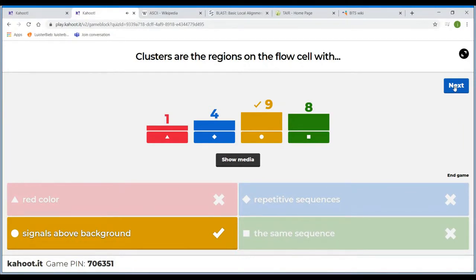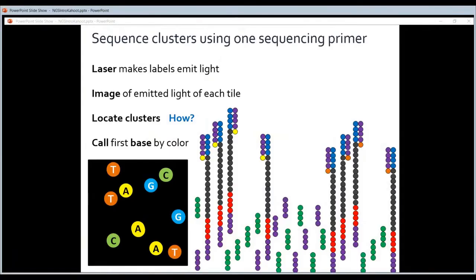So at this point, the only thing you have is a set of pictures of your flow cell. And on this set of pictures, you need to know where clusters are located. So basically, what the software, the Illumina software, will look for is regions on the flow cell where it can see a signal. And it's not going to interpret that signal, so it's not going to see which color it is.